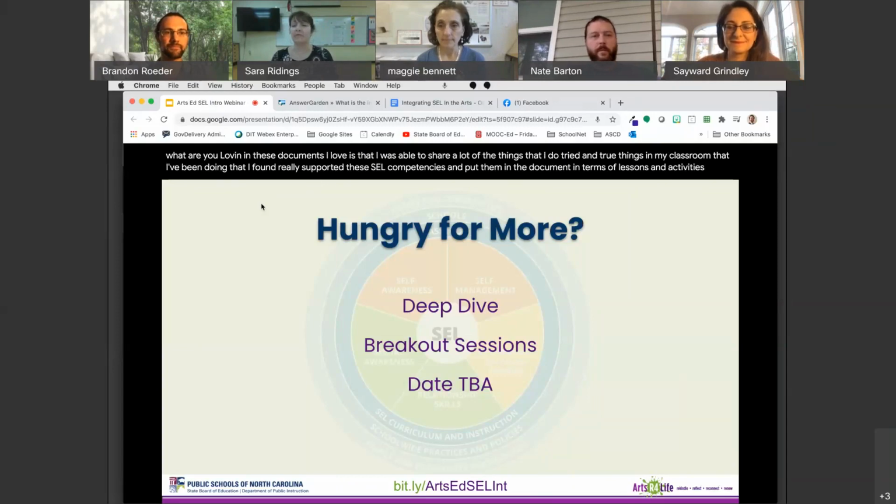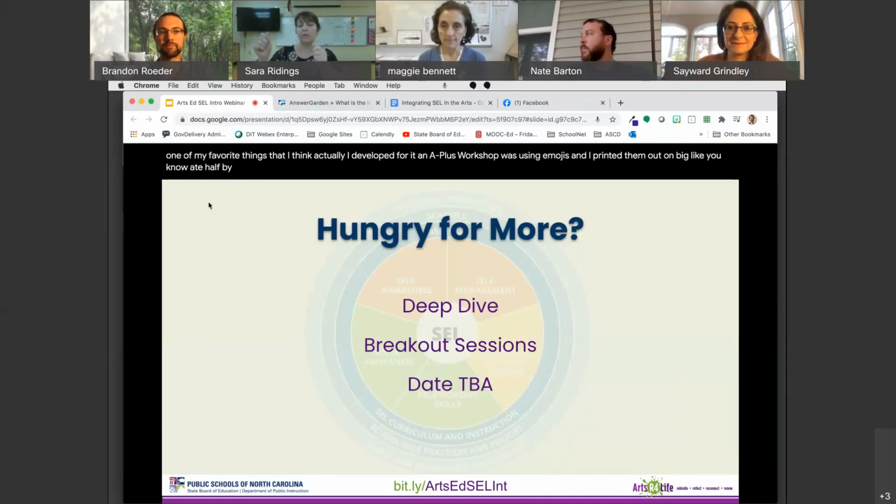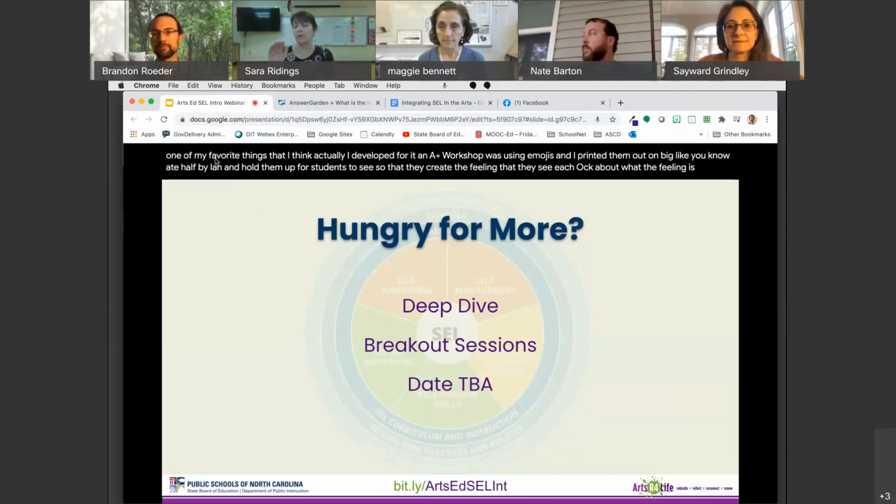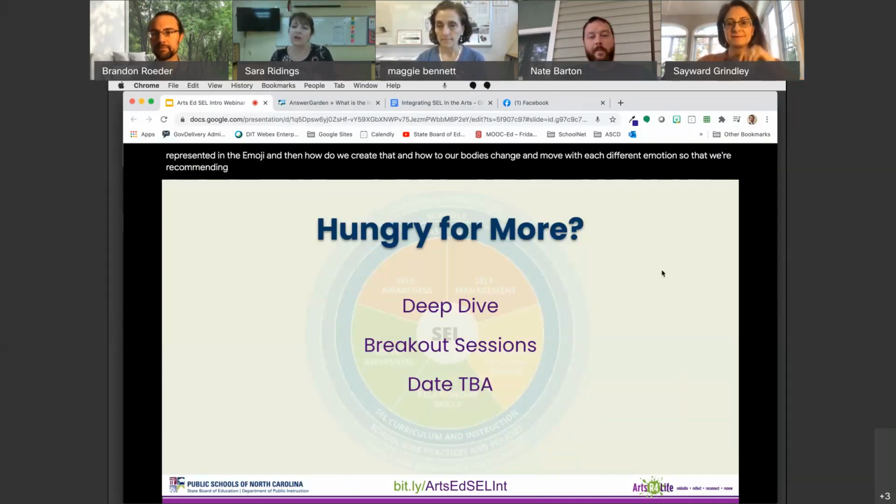And one of my favorite things that I think I actually developed for an A+ workshop was using emojis. I printed them out on big 8.5 by 11 sheets and held them up for students to see so that they create the feeling that they see. We talk about what the feeling is represented in the emoji, and then how do we create that, and how do our bodies change and move with each different emotion,